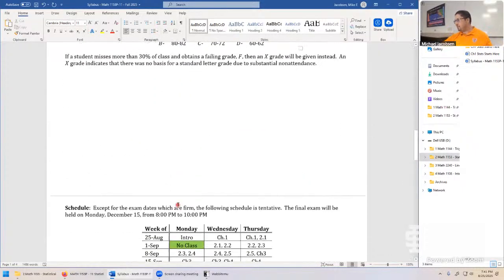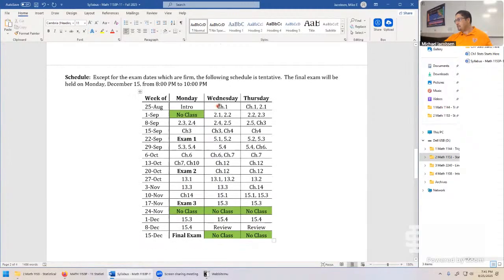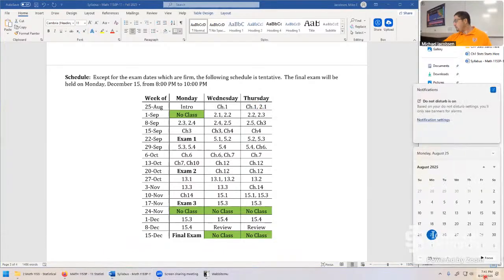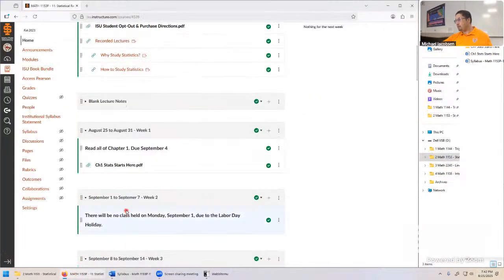So for example, let's go to our day by day syllabus. I intend to finish chapter 1 on Thursday. It's a good sized chapter, but kind of quick. That means the due date for the first homework assignment in MyLab Statistics will be a week away from Thursday. So there's going to be a 1 week turnaround. That's why I have a due date posted of September 4th here, where it says read all of chapter 4. This is just saying the homework set in MyLab Statistics associated with chapter 1 is due September 4th.